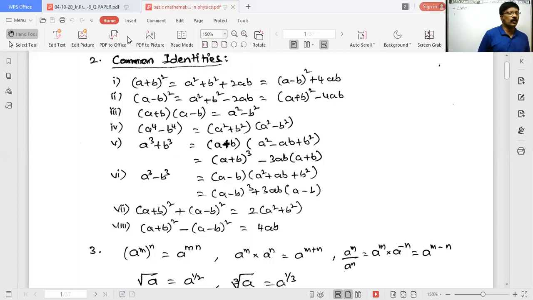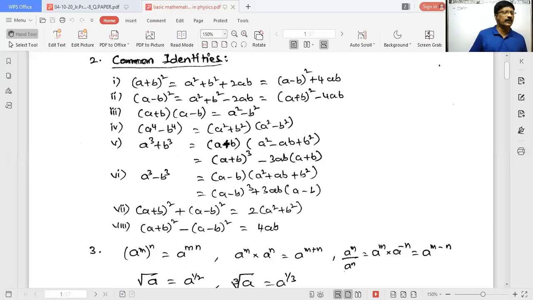Here, (a + b)² − (a − b)² = 4ab, because first you write the (a + b)² formula minus the (a − b)² formula, and if you simplify them you will get 4ab. That indicates (a + b)² = (a − b)² + 4ab. We can write. Similarly, (a − b)²